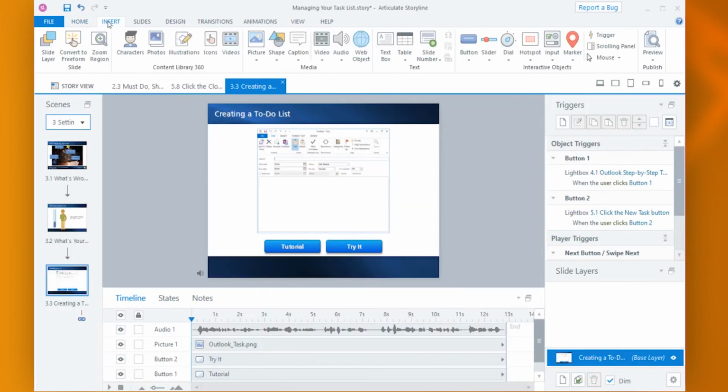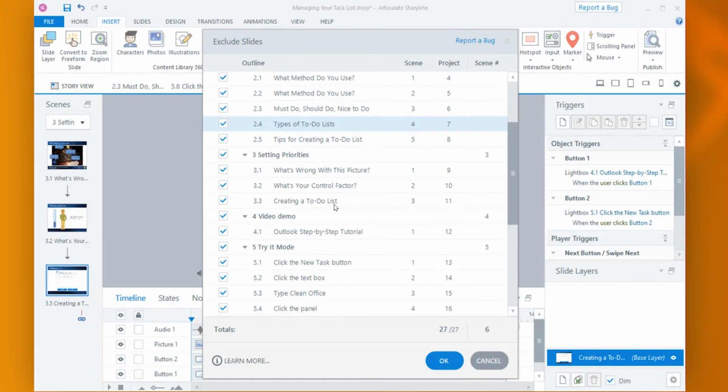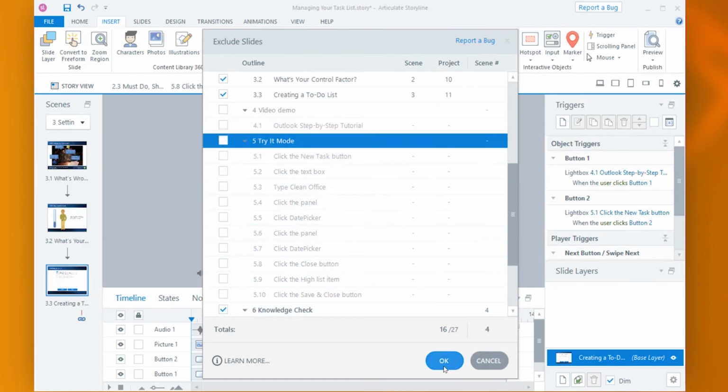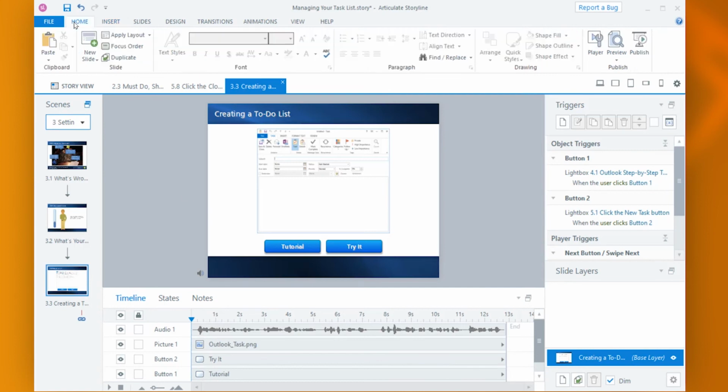On the Insert tab, you can go to the Slide Number tool. Now, in this course, I don't actually want to add slide numbers using this tool, but that doesn't matter. From the drop-down menu, I select Exclude Slides. There, I can deselect my Outlook content. Now, when I go back to the Tracking tab,